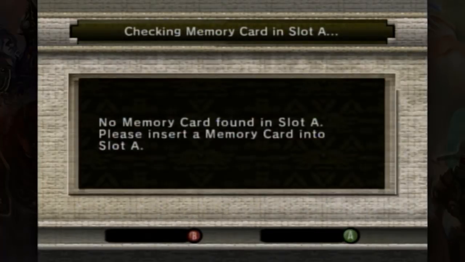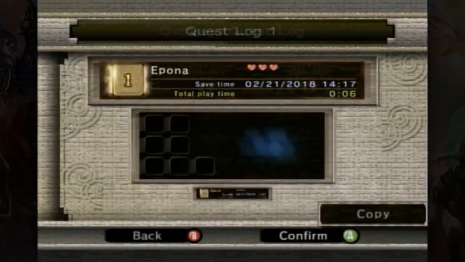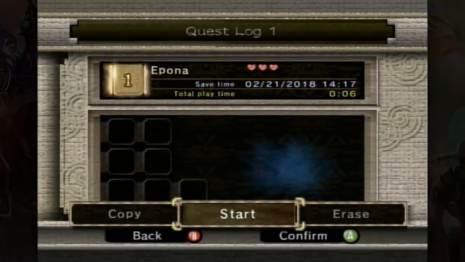And actually I need to switch memory cards again, because I need one of these save files. I need this save file in particular. And there's a reason for that. I'll get to that in a bit. But first, I need to, well,